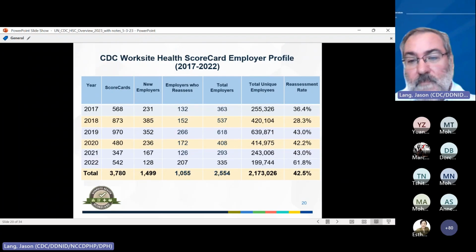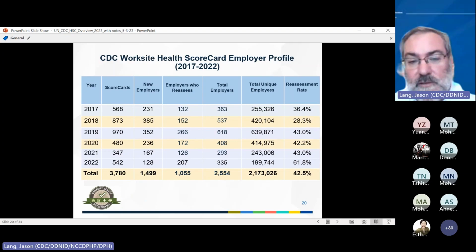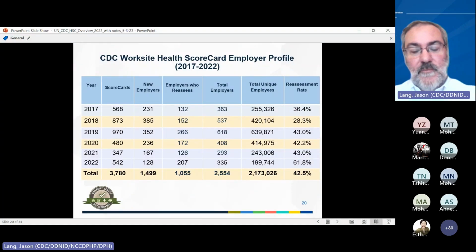And we're about 45 to 55% reassessments, which indicates to us that we're not only attracting new employers to use this tool on an annual basis, but we're getting a lot of employers who are continuing to use it over time. And that shows a good success from our standpoint, in that we're still growing our audience, but we're also getting the kind of long-term organizational improvements that we want to see by having employers use this and the strategies within